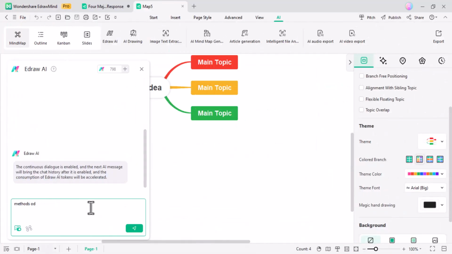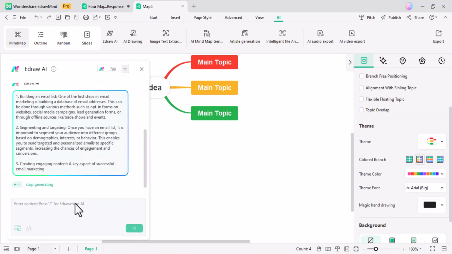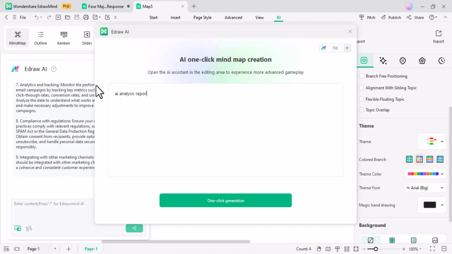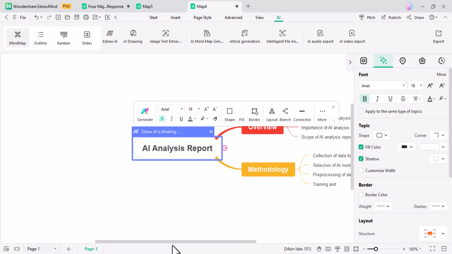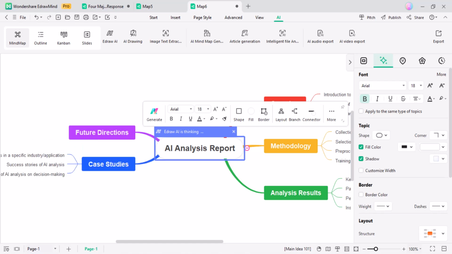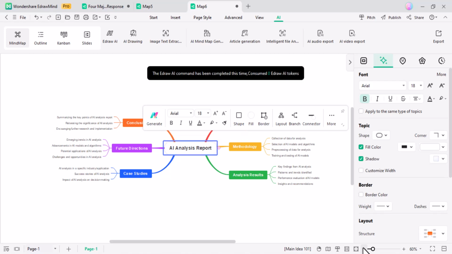AI-powered diagram creation. Now let's talk about how eDrawMind's AI supercharges your workflow. You can easily convert your documents or notes into mind maps, flowcharts, or concept diagrams with the click of a button. The AI analyzes the structure of your content and automatically generates a relevant diagram. This is perfect for busy professionals or students who want to quickly visualize ideas. Imagine you are writing a project report and need a cause and effect diagram or a SWOT analysis. Upload your document and the AI takes care of the rest.